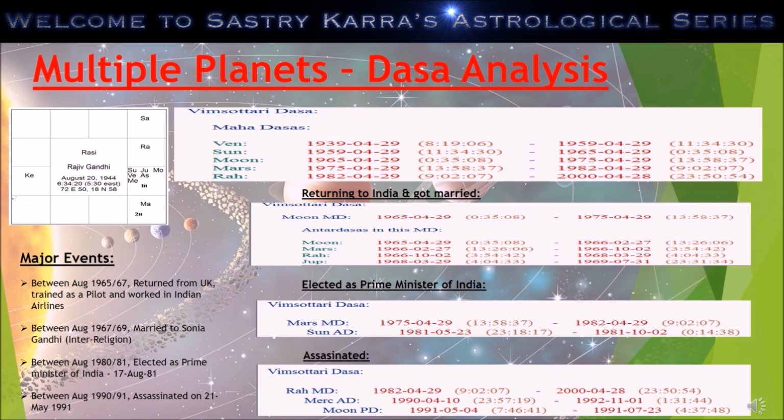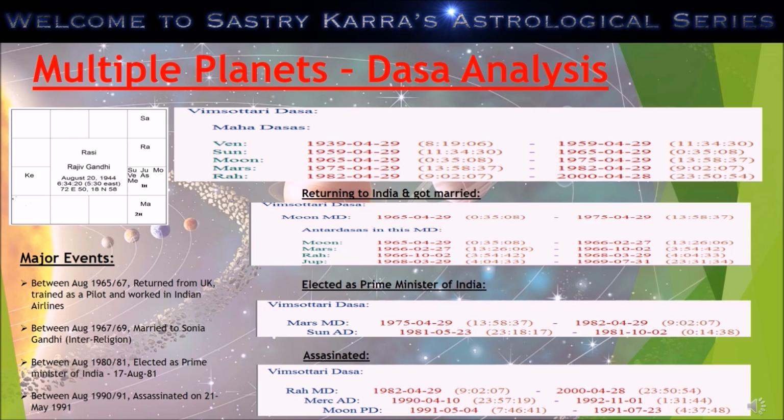But we know he got assassinated. So the question is, why was the death so violent? If you look at it, in the second house, Mars is residing. And Jupiter, the 8th house lord, remember there is a rule which I am going to tell later, Jupiter has spoiled the second house. So in a spoiled second house, Mars is residing, and Jupiter, the 8th house lord, is spoiling the second house. With Mars being there, the death will be very violent. So there you go, that's the reason why this particular native's death has been so violent.